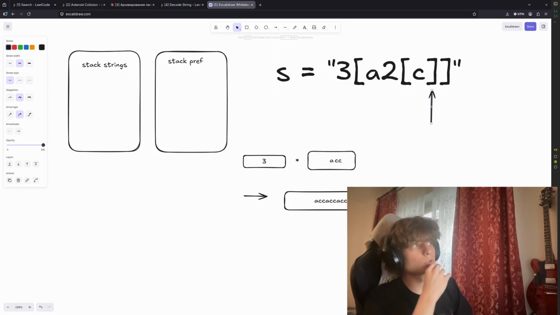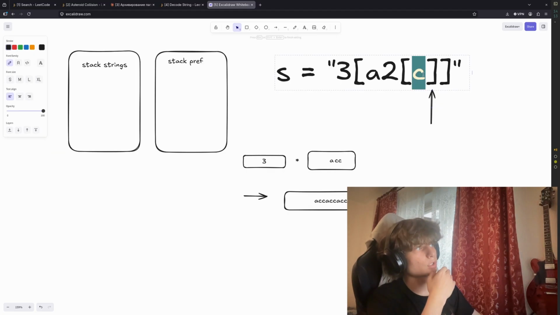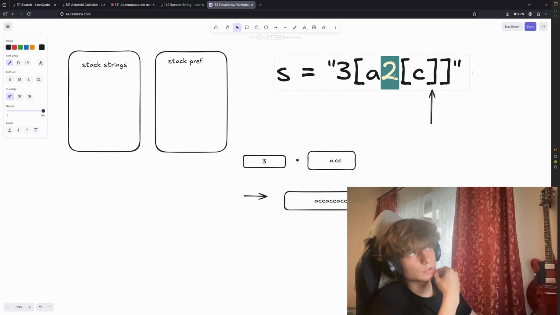We just got this character, multiply it by 2,